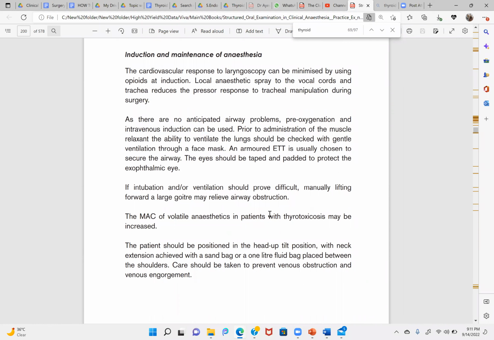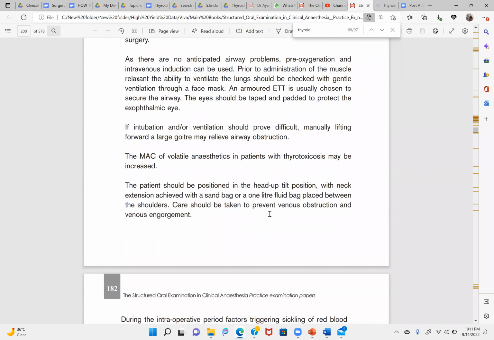This sentence, why Sumera said it, is because it is written in the book that you will open the clips. Especially if you are talking in Viva, you have to correlate the things. It's not wrong. Of course you will say that you will immediately call the surgical team, but if you are seeing that it is an expanding hematoma, you need to open the clips to relieve the obstruction. Then it will be a more logical answer than just saying that I will open the wound.